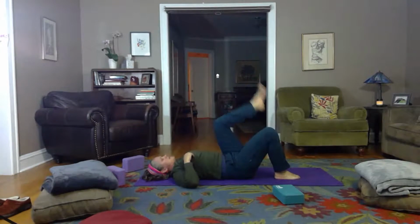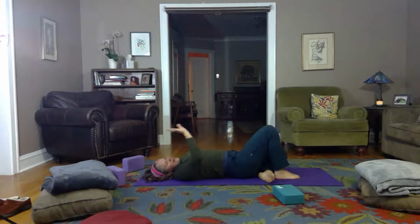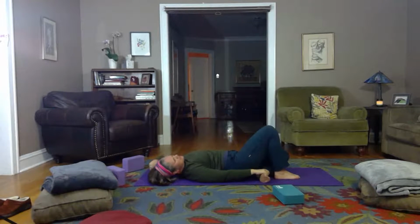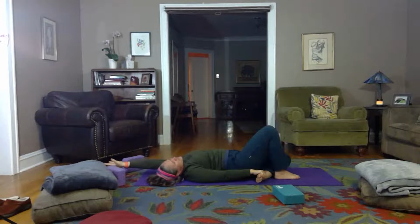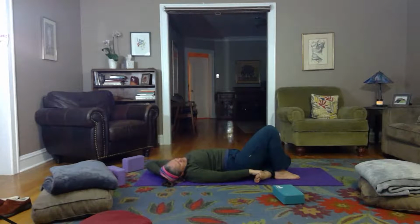So the left foot is gonna tuck under your right ankle. Your right hand is grabbing your left foot. Your left hand is reaching as far away from you as you can. So this is a great big quad stretch. So your left hand is going underneath your head. The tip of your left knee is reaching as far away from the tip of your elbow as you can